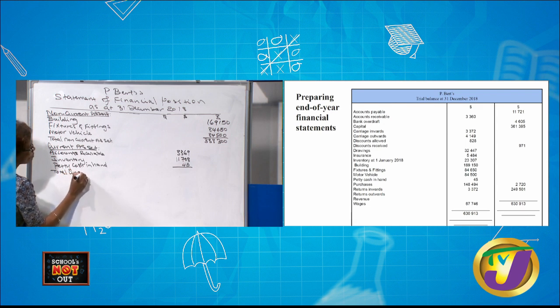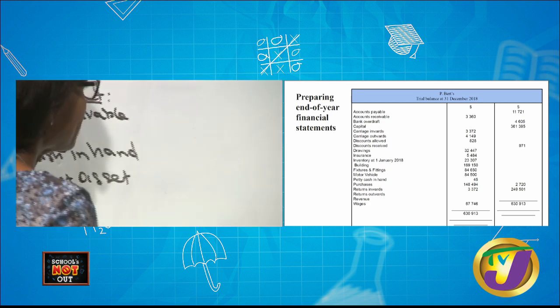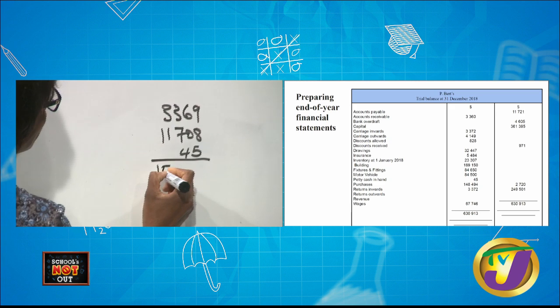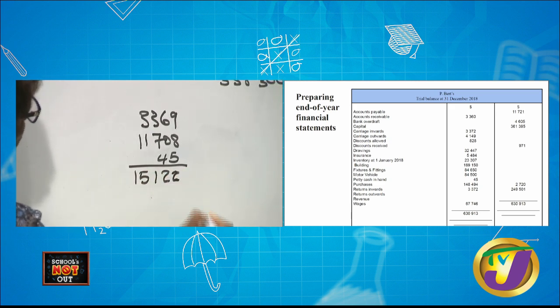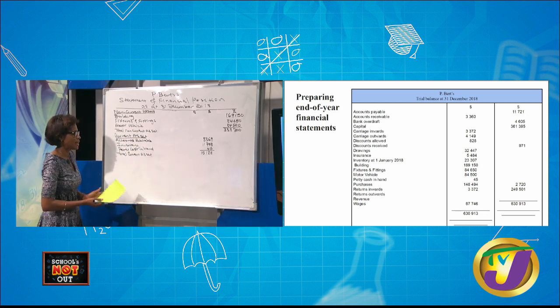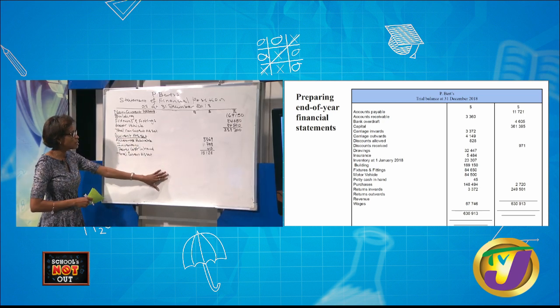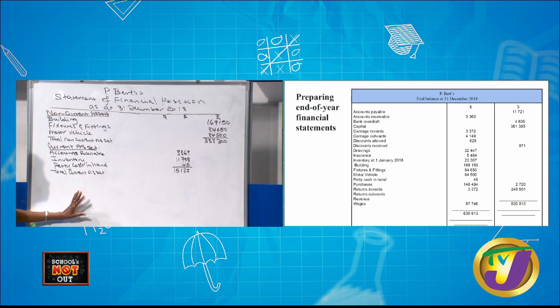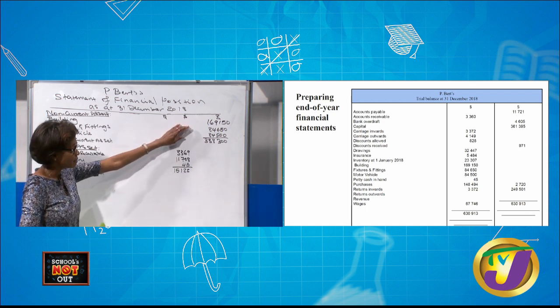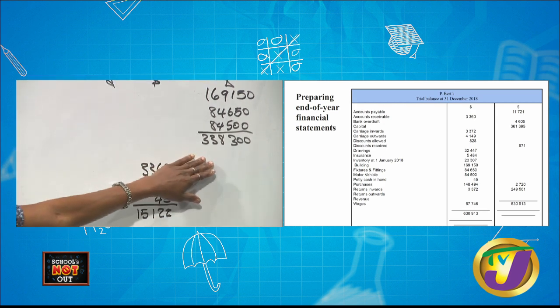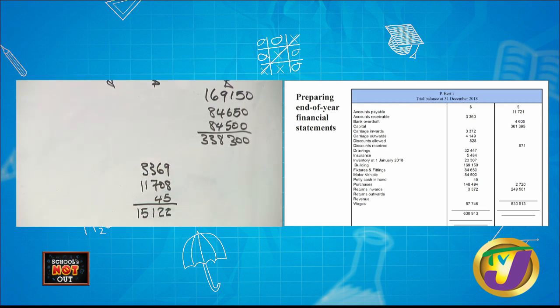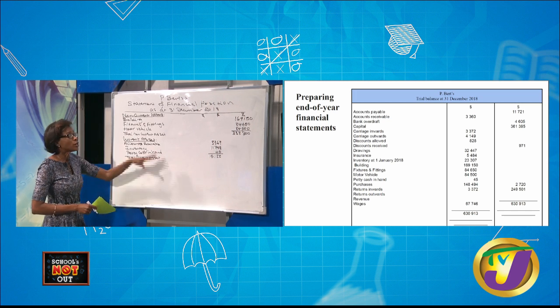So we put our total current asset. And our total current asset is $15,122. All right? So we have current asset at value of $15,122, and we have non-current asset, which is our permanent asset. Before we used to call them fixed asset, but we rename it non-current asset, which is at